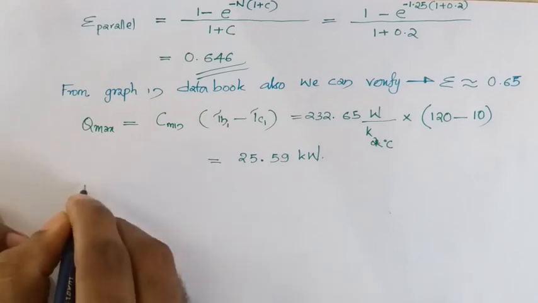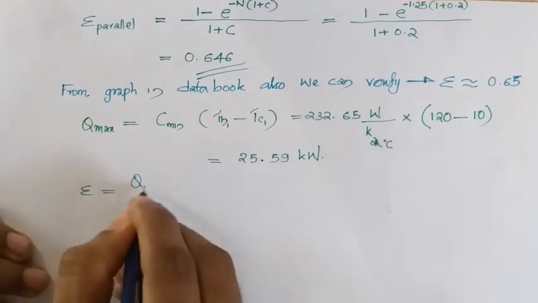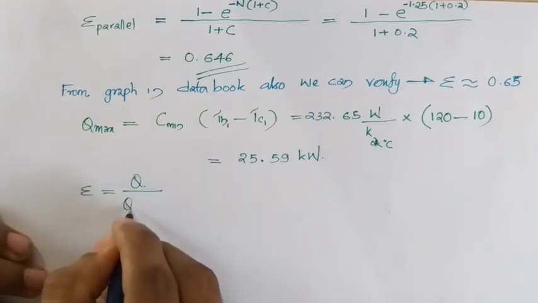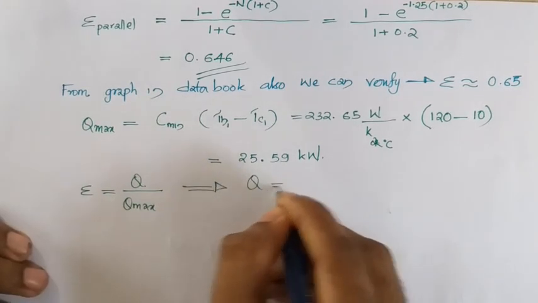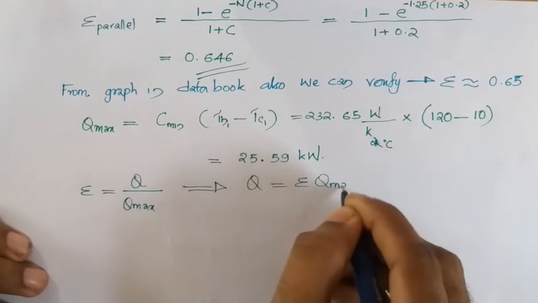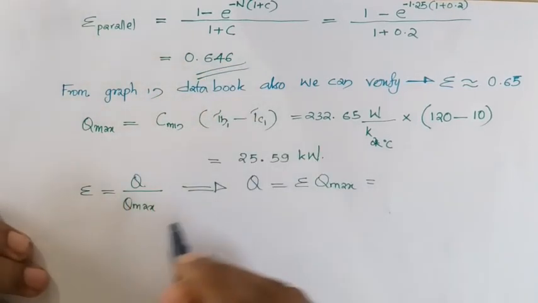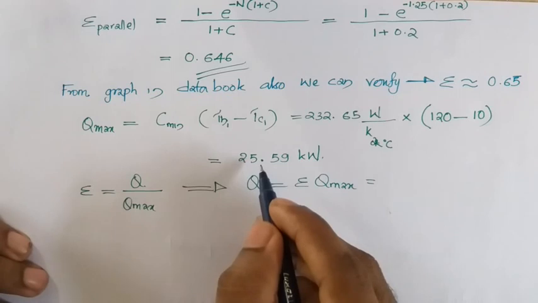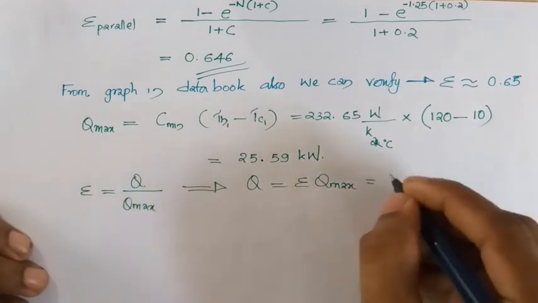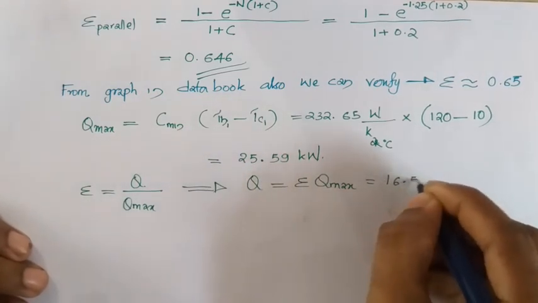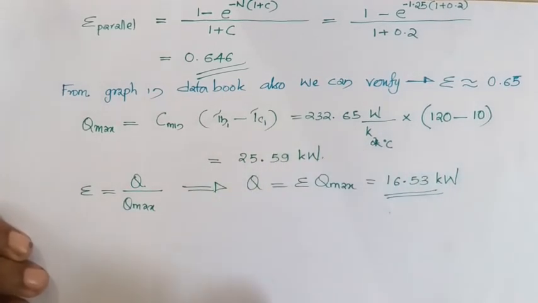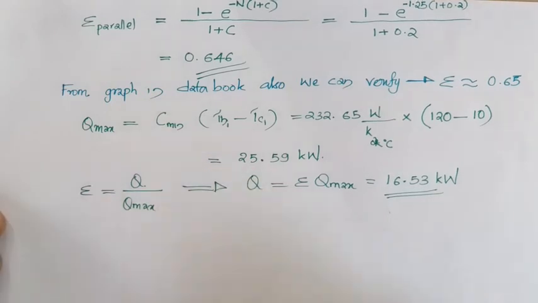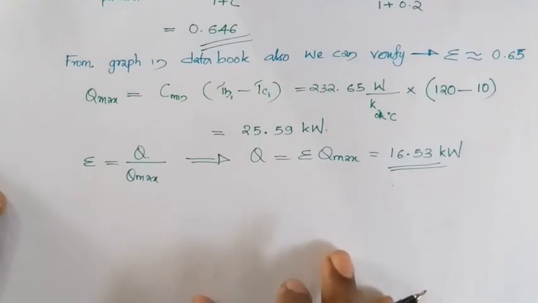You have the effectiveness expression as actual heat transfer divided by maximum possible heat transfer. From this you can obtain the actual heat transfer as effectiveness into Q max, where effectiveness is 0.646 and Q max is 25.59 kilowatts. Then you will get 16.53 kilowatts. This is the actual heat transfer. Using this actual heat transfer, you can find the outlet temperatures of both hot and cold fluid,